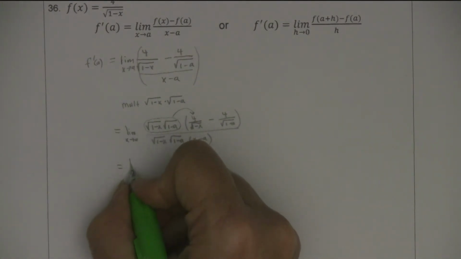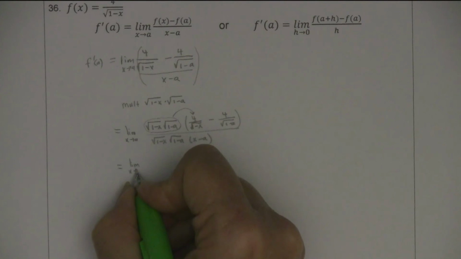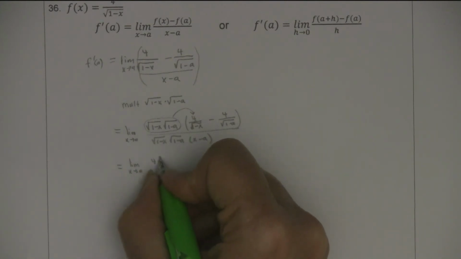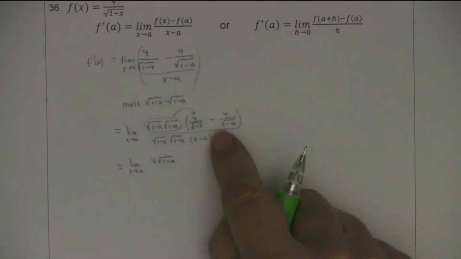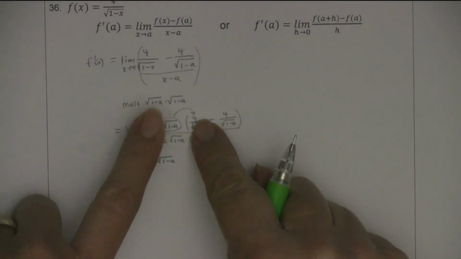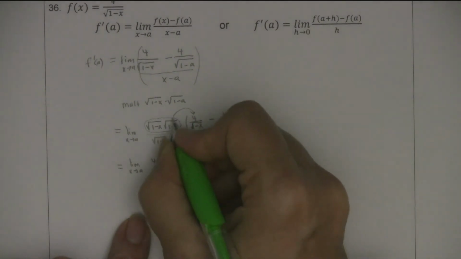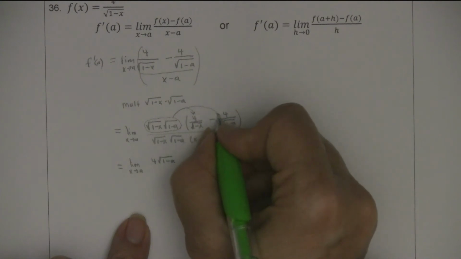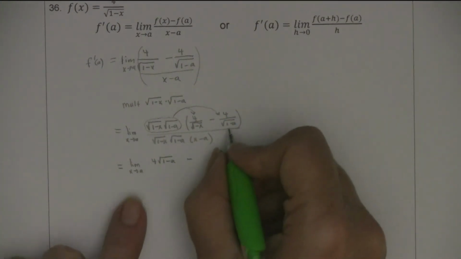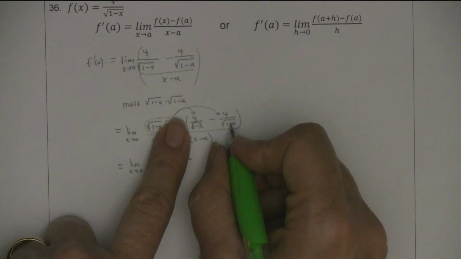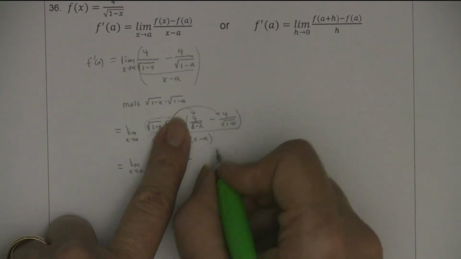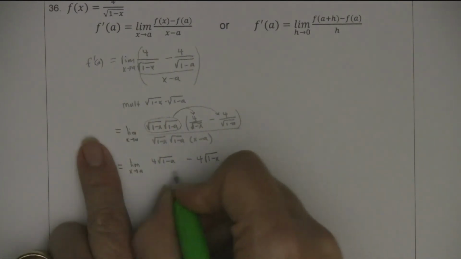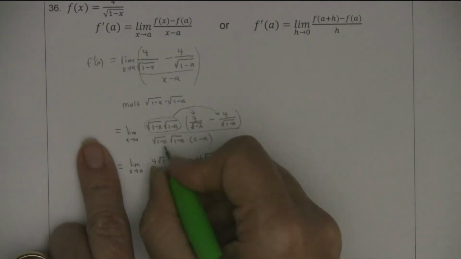And I'm going to end up with the limit as x goes to a of 4 times the square root of 1 minus a. These are going to cancel out, and that's what I'm going to be left with, minus, and then when I take this whole monomial and multiply it times the second term in the binomial, the square root of 1 minus a is going to drop out, and I'm going to be left with 4 times the square root of 1 minus x, all over that crazy denominator,